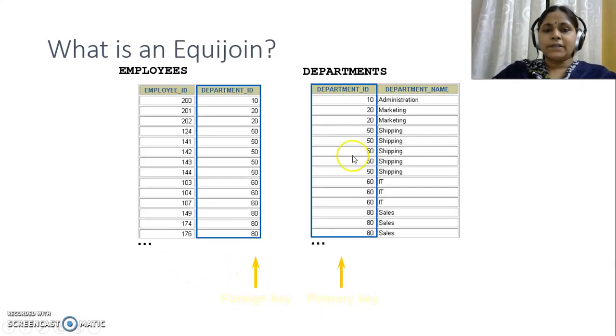First we will start with equi-join. Here we have an employees table and a department table. We can join these two tables based on a particular common attribute, that is department ID.